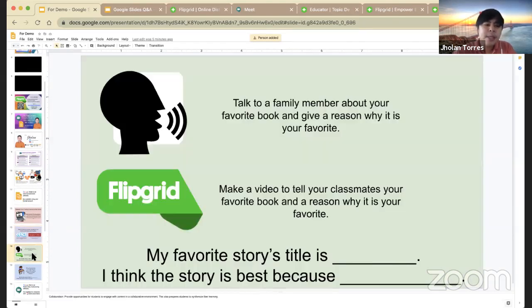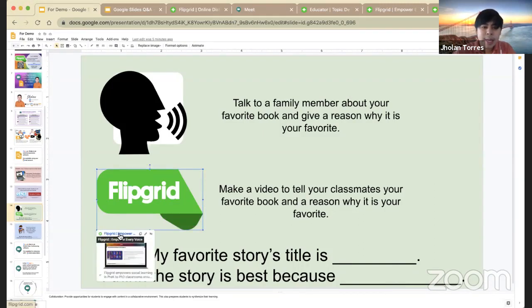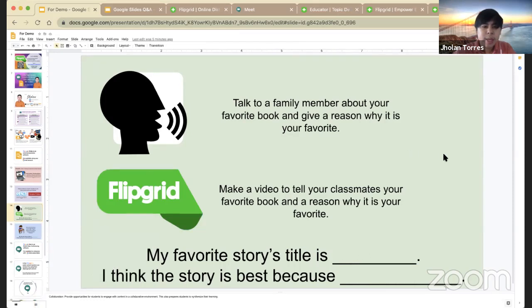Or since you have this instructional material for your students using your slide, you can also post here the link of Flipgrid. So they can go right away to Flipgrid, or when they click this link, there's a Flipgrid link for your students so they can post whatever activity you have for this slide.